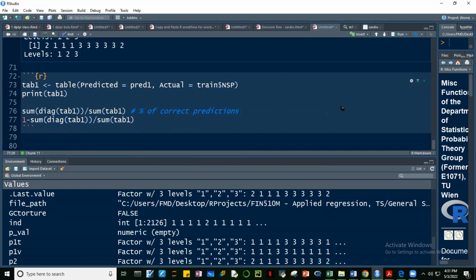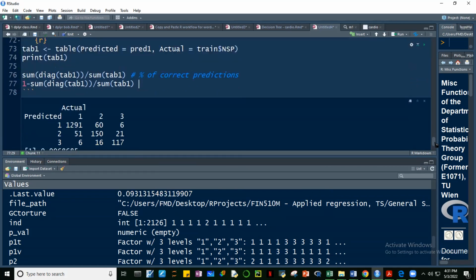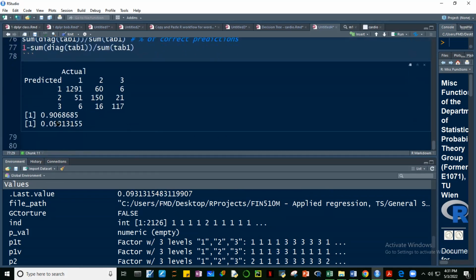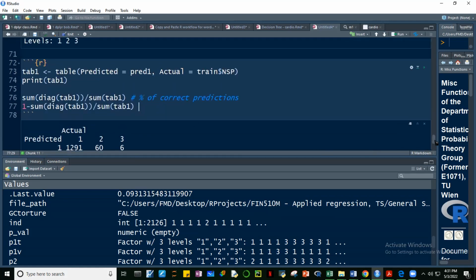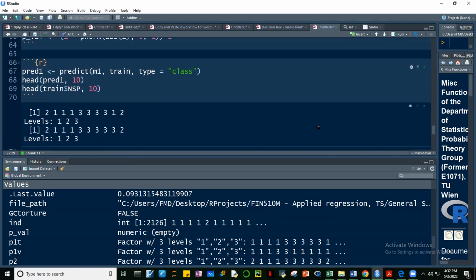Okay, so let's run this. Okay, all right, 90.68. So compared to the party package kanina, kaya yung R part, medyo mas mababa yung accuracy nitong MNet, no? Using yung multinomial natin na model. But not so far behind. And then we can check, guys, kung ang gamitin natin this time is